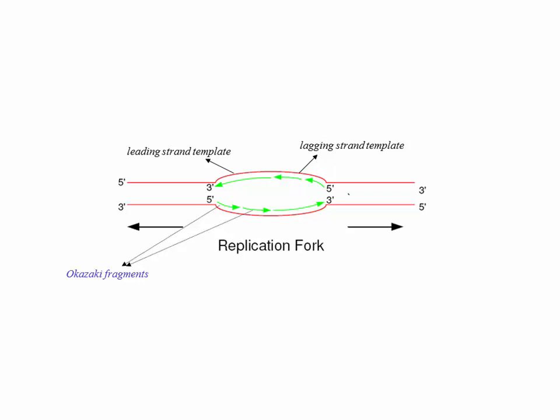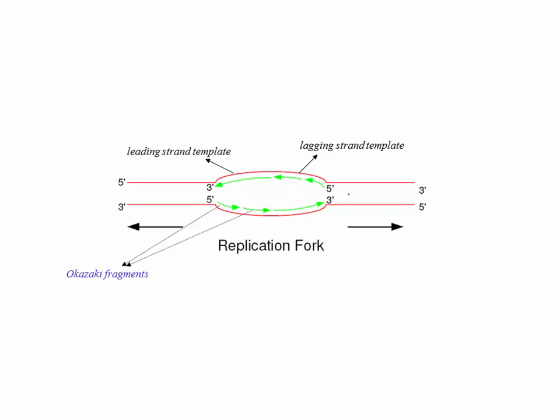But on this one, on the other hand, let's say the DNA replication started here. You're going in the 5 prime to 3 prime direction, you synthesize this portion, but this thing is opening up. Now from here you cannot go and synthesize in the opposite direction because the synthesis has to be in the 5 prime to 3 prime direction. So that means the DNA polymerase has to jump from here to this starting point and then synthesize in this direction from right to left.